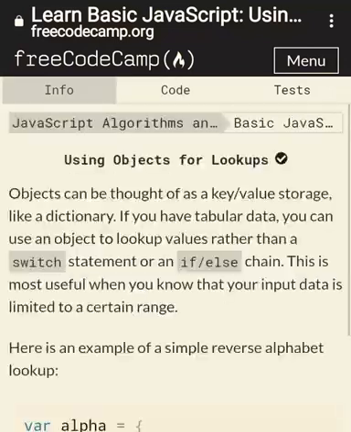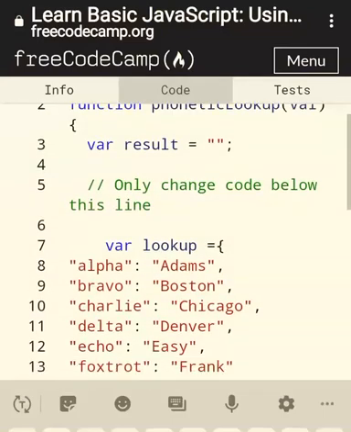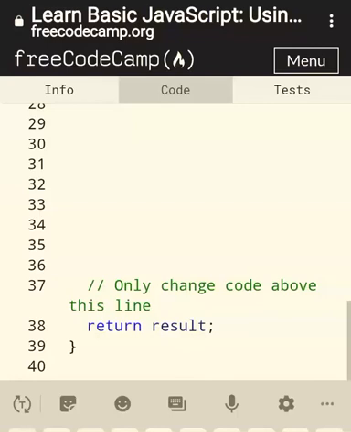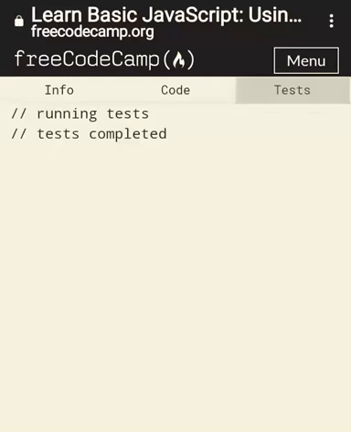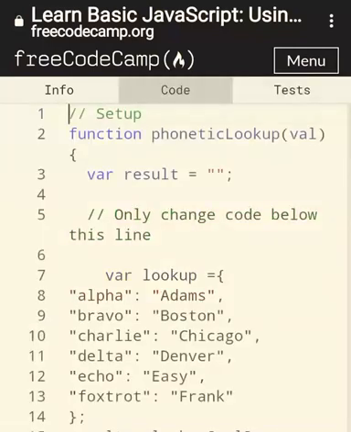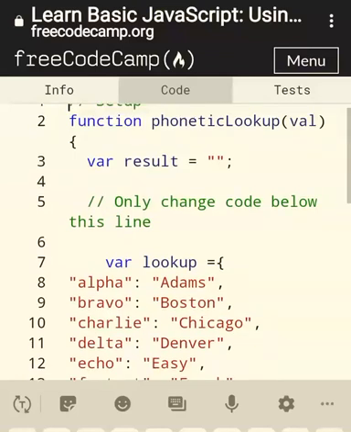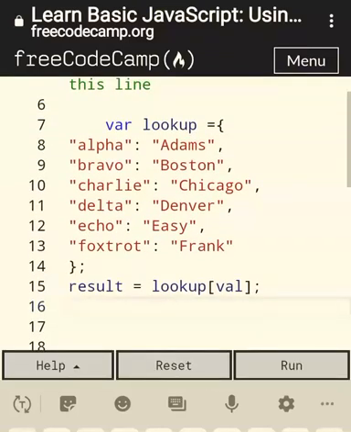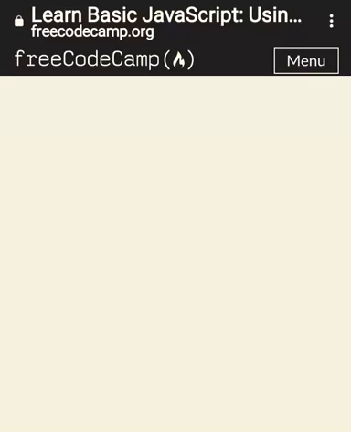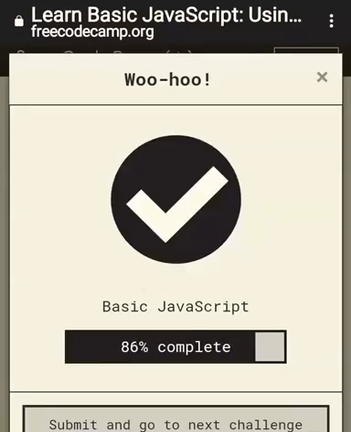So this is our task, similar to the object given in the example, var alpha. We did the same example and we converted the switch statement to a lookup object, right? So this was our goal of doing this task, remember. As I said, always remember while coding what the goal of doing such a thing is. An object can be treated as tabular data for looking up values. So this is how you can look up values using an object. We've finished our debugging and passed this test, and woohoo, basic JavaScript 97% completed.